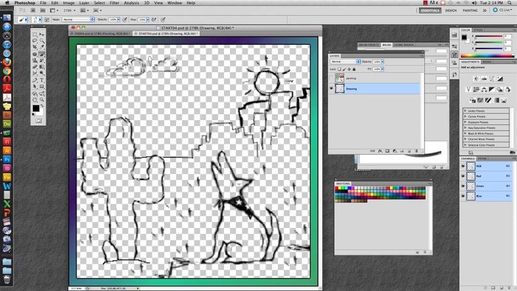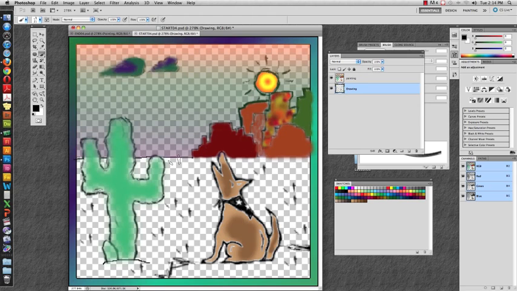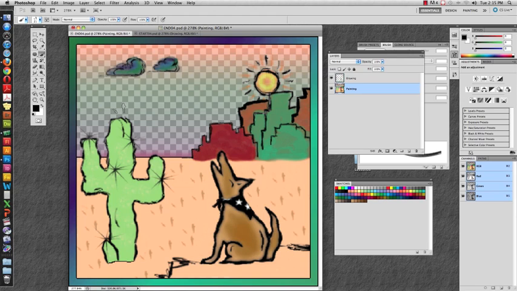So now what we'll do is finish this off, and then we can turn back on the colors, and we're going to do the same thing we did before when we applied the gradient. I'm going to click and make a rectangle selection for the ground cover, and I'm going to go to my paintbrush,